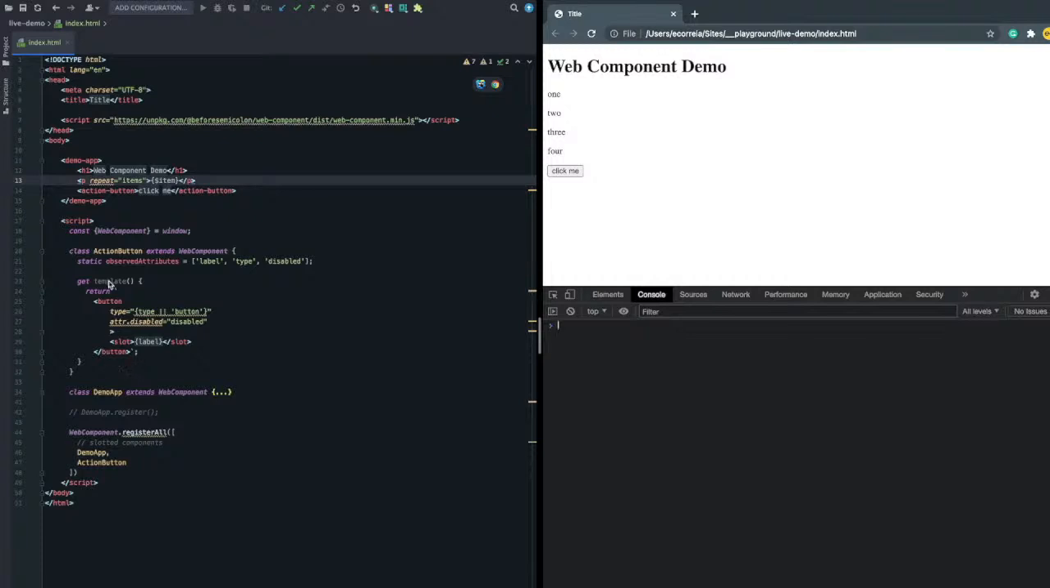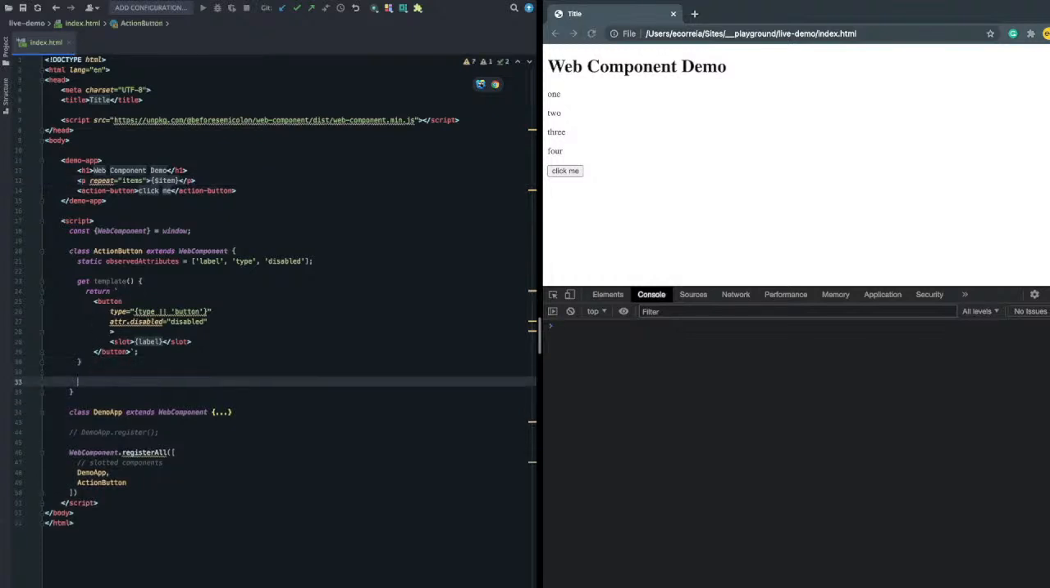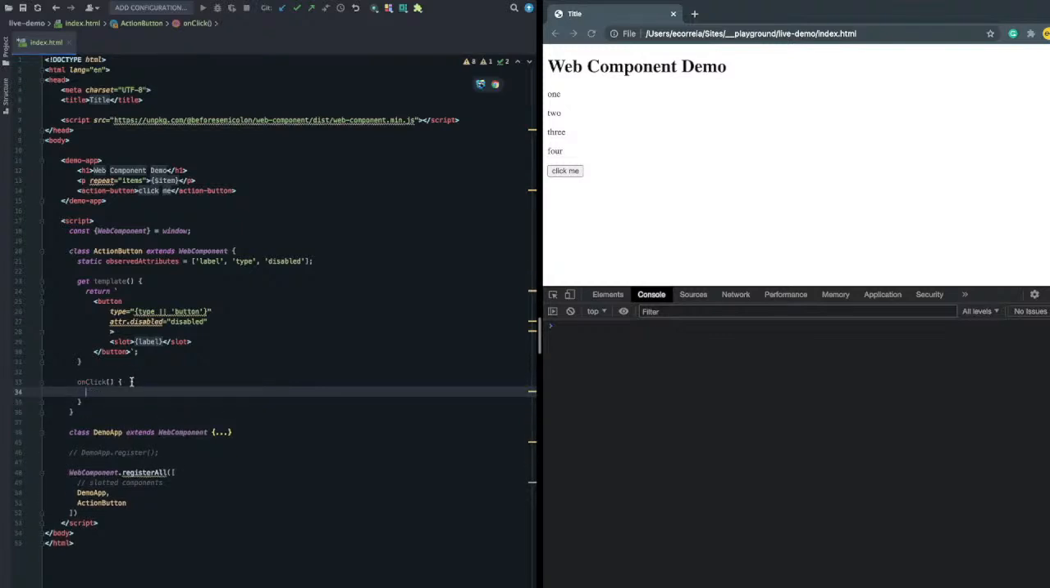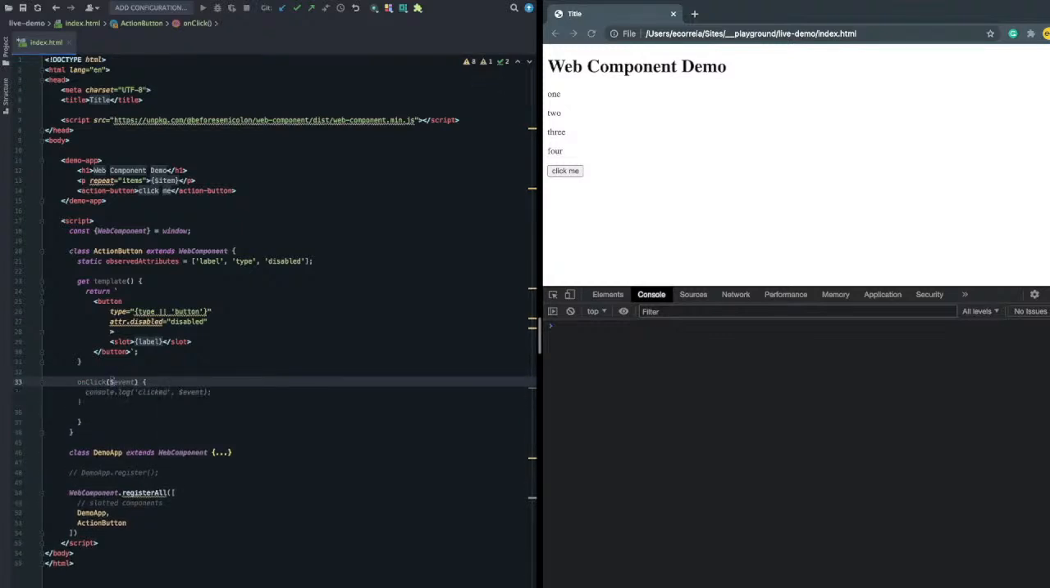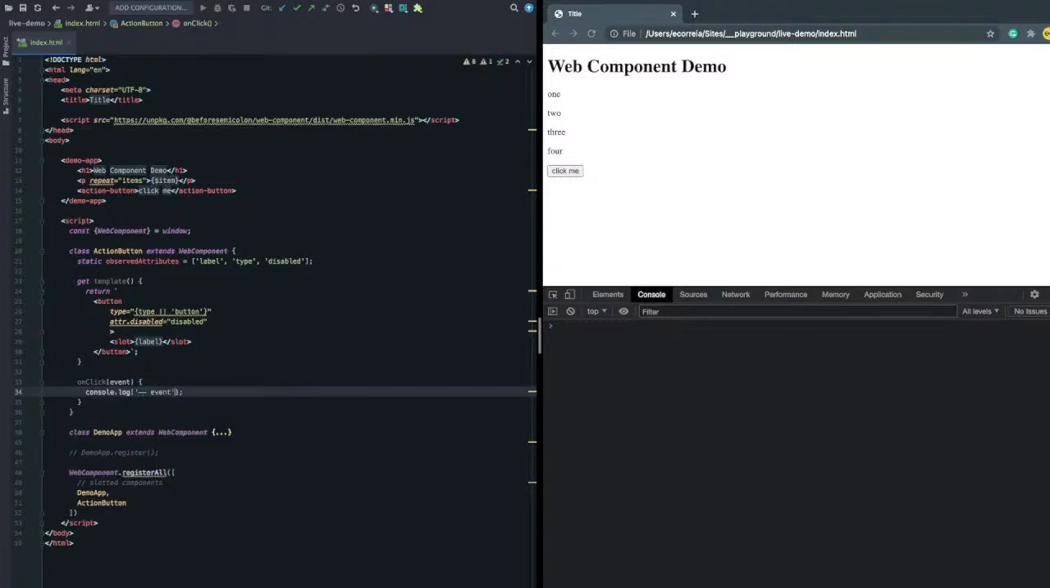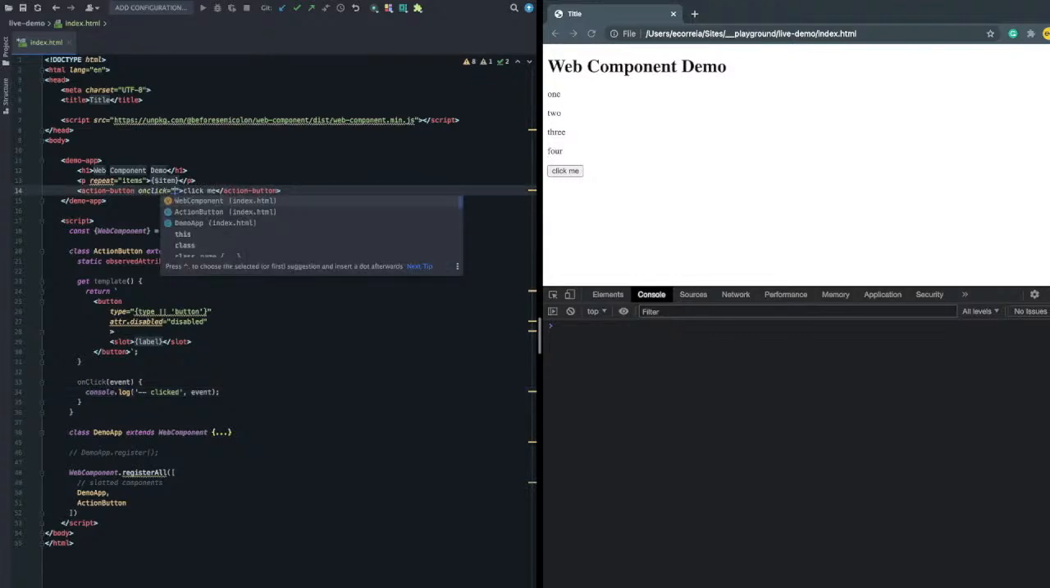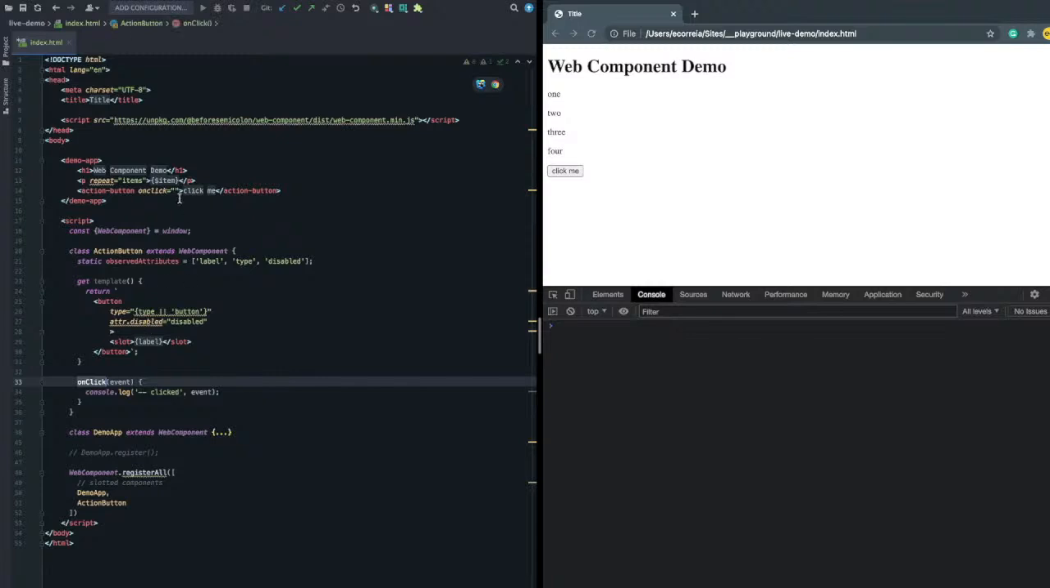So I'm going to declare a function here. I'm going to say on click. I'm going to take an event and I'm just going to log this event. I'm going to say clicked event, and here, because I created this thing in here, I can just come right here and say on click, just call on click here. I can just say, just call it. So now if I come here in the browser,